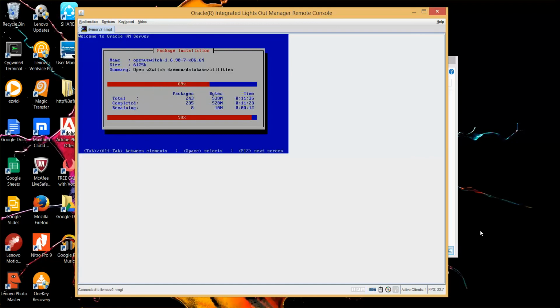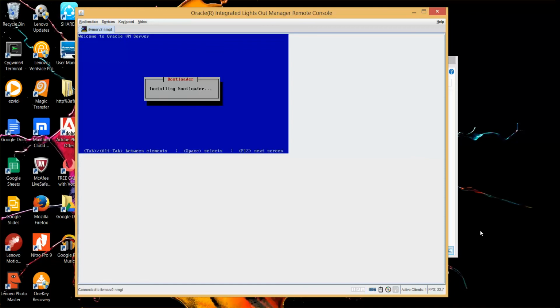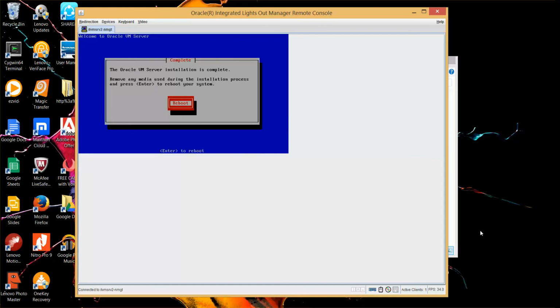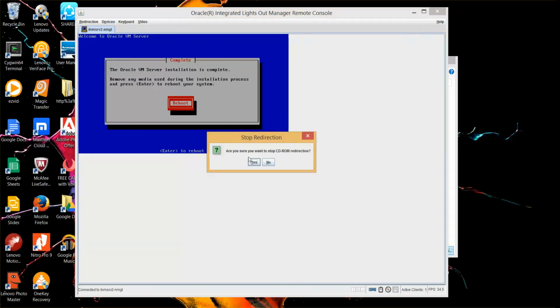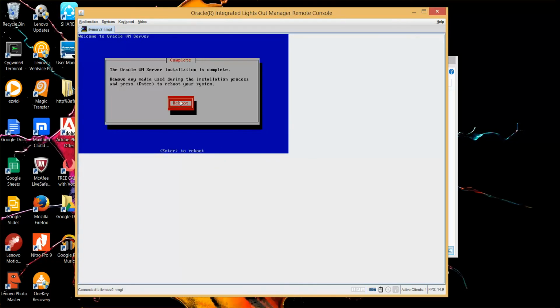Less than 10 seconds to go. 5 seconds, 3 seconds, and we are done. So we are done with the setup, and now we can reboot the machine. Before rebooting it, make sure you remove the CD-ROM image, click on yes, and then you can reboot.